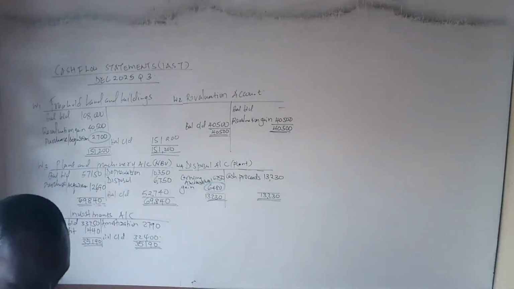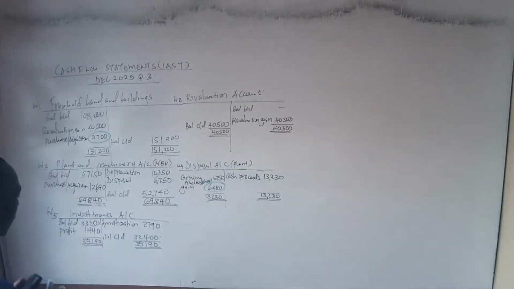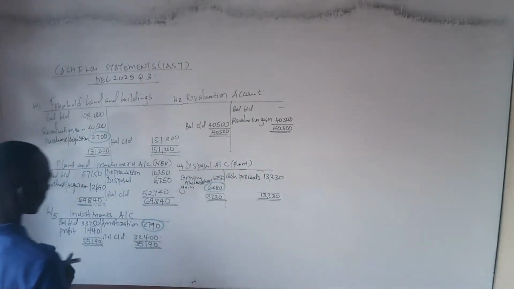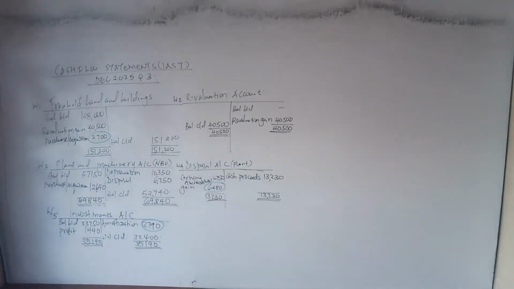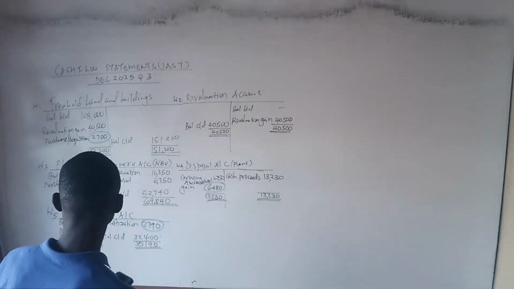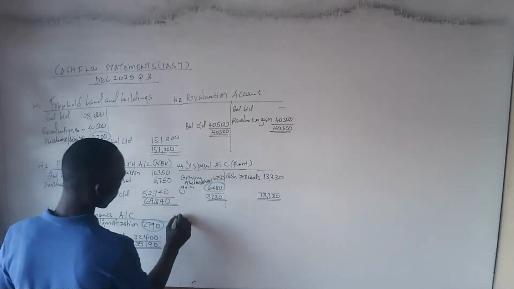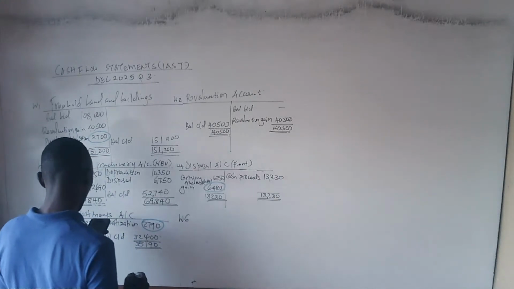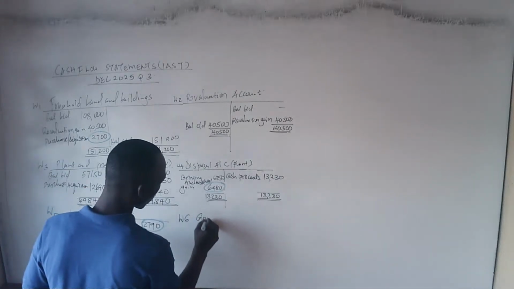Again, this amortization, when we will be preparing the cash flow statement, will go to the adjustments under operating activities cash flow. Then from there, we are done with working 5. We go to working number 6, and in working number 6 we'll be talking about goodwill. So we have the goodwill account.